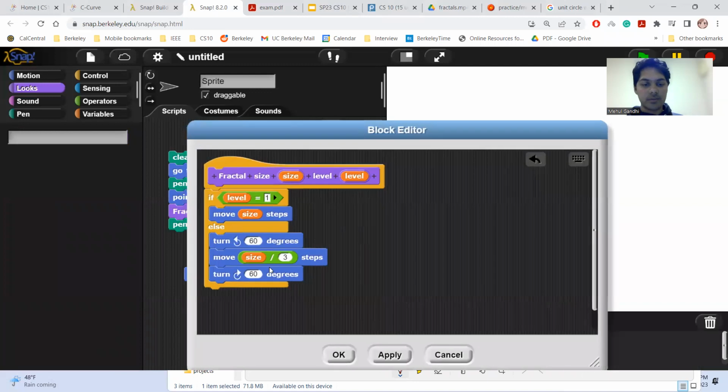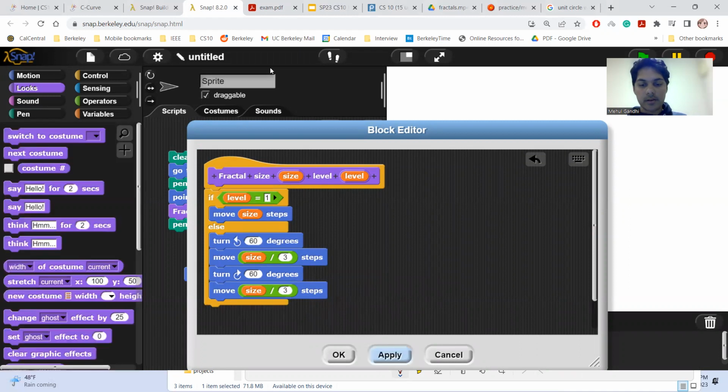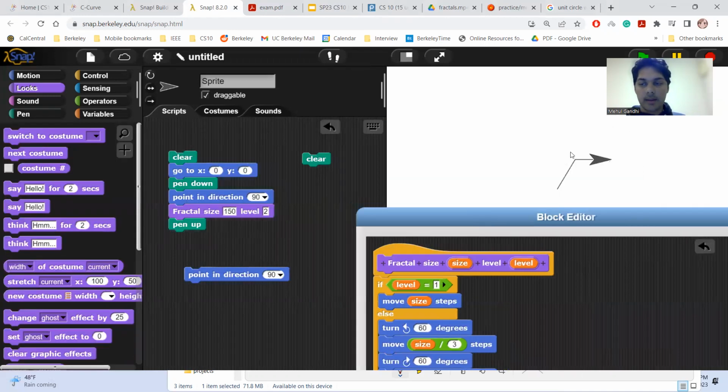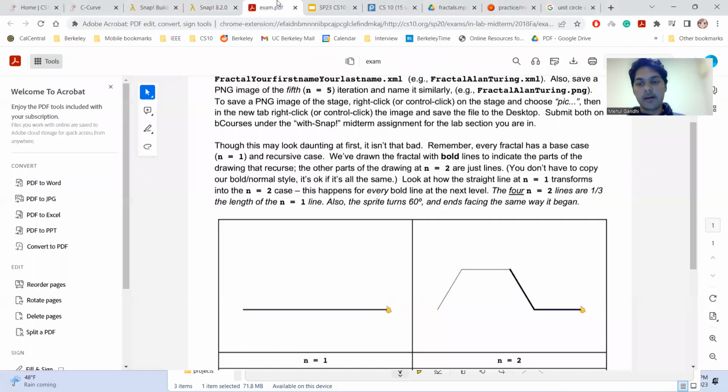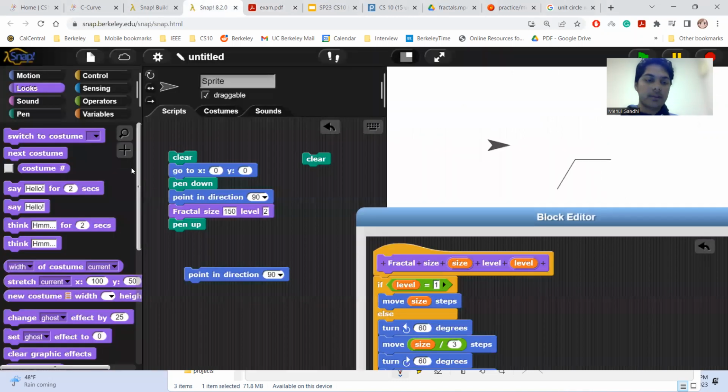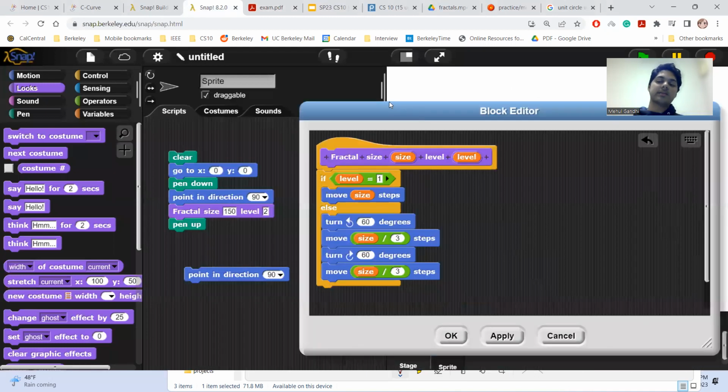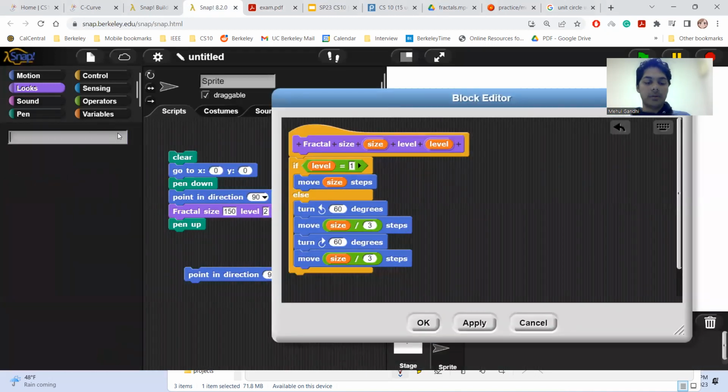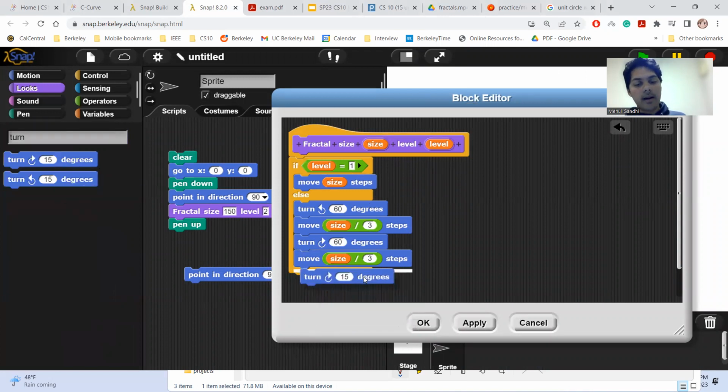Actually, we can just use the duplicate to save a bit of time. Okay, that's what we have now, and the non-bolded is the work we're doing per recursive call that's not part of the recursion, right? And so now that we've done that, we need to set ourselves up for our recursive call, which is the bolded part, right? And so we want to turn left 100, no, actually 60 degrees, yeah, because we're pointing in